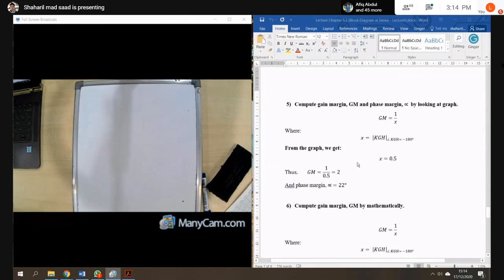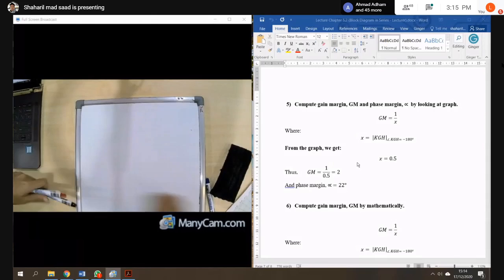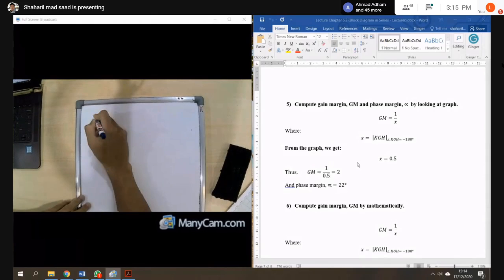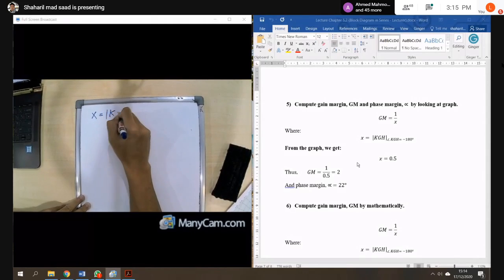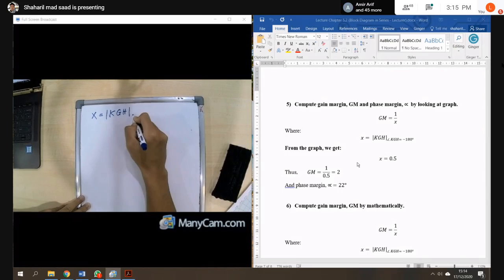In order to get it mathematically, you need to remember the formula: x equal to KGH, right, for the x, and in order to get it